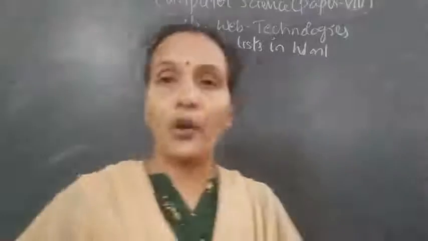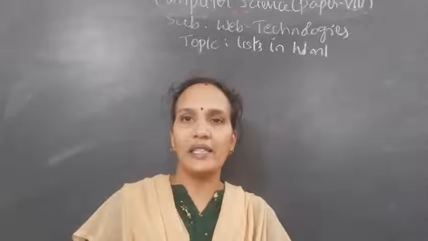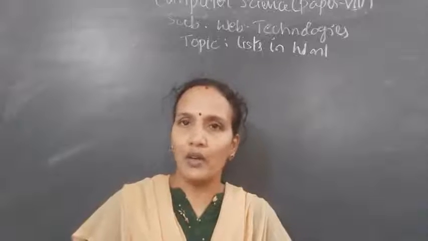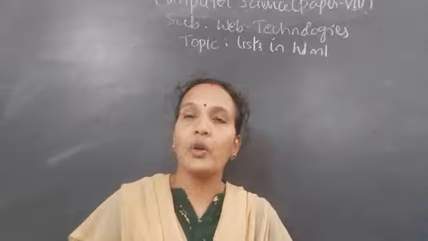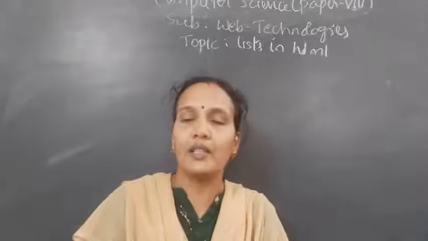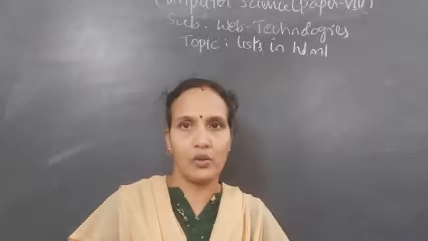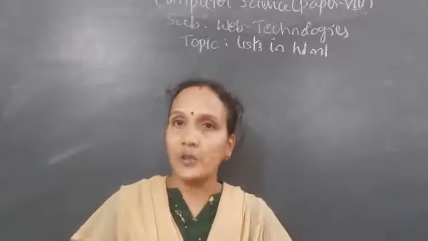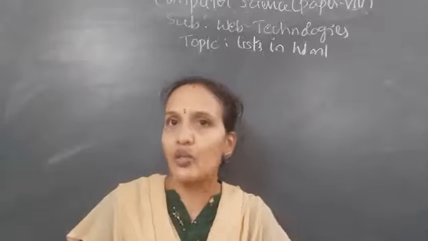A list is a process of displaying, giving bullets before the list of items. Okay, this type of concept is mostly implemented when you are designing a website for particular colleges, groups and all, where before that particular group or course, if you want to add bullets, then we take the help of the list concept. Okay, so what is a list here? A list is the process of displaying bullets before the text items or before the list of items.